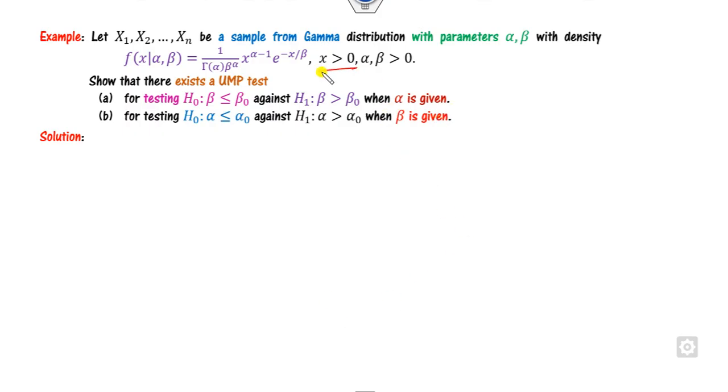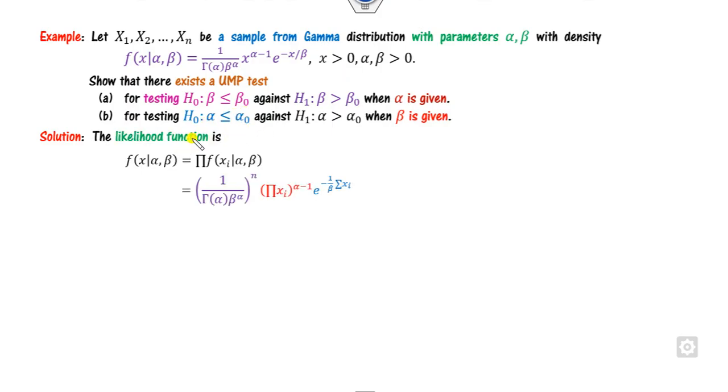Okay, again look at this. This is the continuous case. So you have to find the UMP test for two different cases. Firstly, you have to find the likelihood ratio because it's a family. So you can write it like here. Now one way is, since in the first case alpha is fixed, I can take alpha as alpha naught. So it means I can start with beta 1 less than beta 2. I can define the likelihood ratio as this